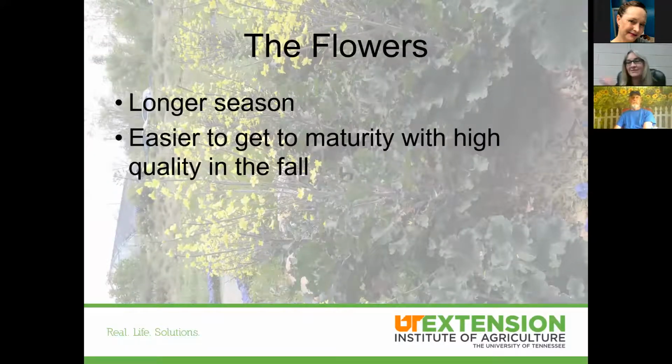So we talked about leafy crops, we talked about root crops, and now, of course, we get to the harvesting of floral parts, right? So this, of course, is broccoli, cauliflower, those types of brassica crops. This is actually a Brussels sprout kale hybrid in the springtime, right? So this is a biennial blooming in the spring. We don't want these kinds of flowers, but it's just a reminder